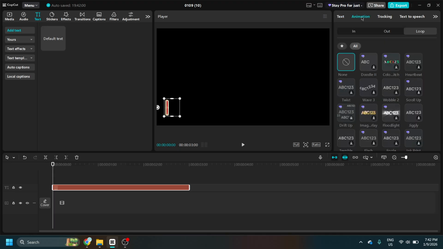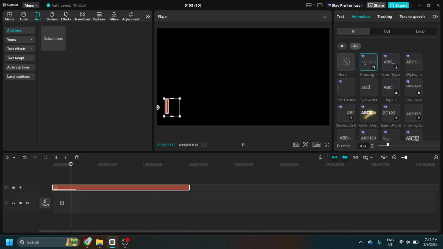Add animation to the line for a refined entrance or exit. Select the line layer, open the animation options, and pick a gentle motion like a short fade, slide, or wipe. Keep the duration snappy, around half a second to a second, so it feels intentional without calling too much attention